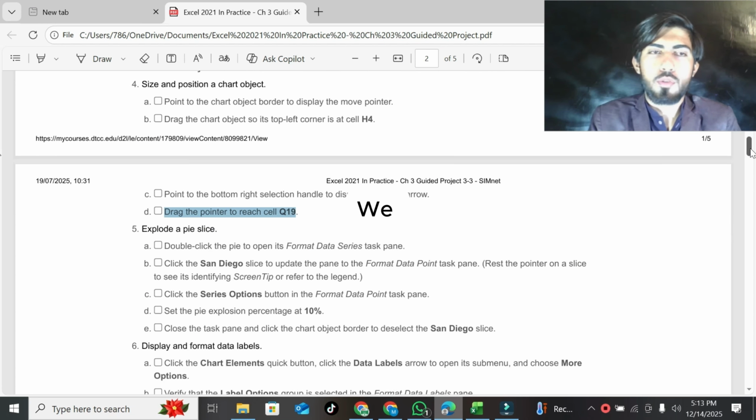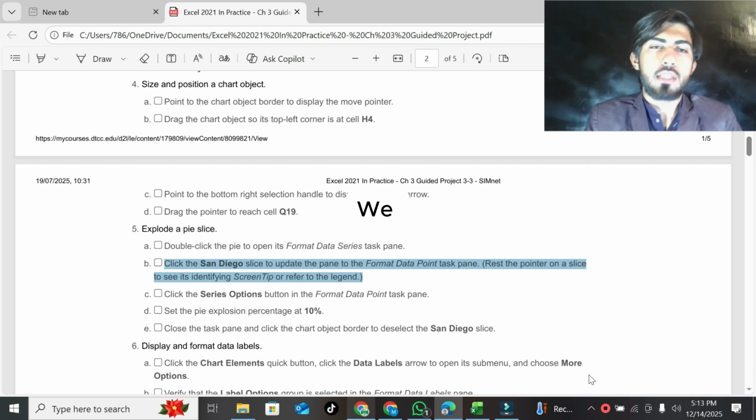Now I am going to do question number 5. Question number 5 is explode a pie slice. Part A is double-click the pie to open its Format Data Series task pane. Part B is click the San Diego slice to update the pane to the Format Data Point task pane.